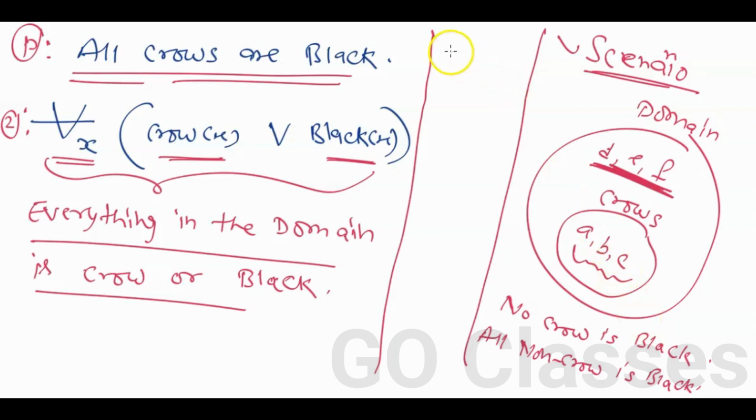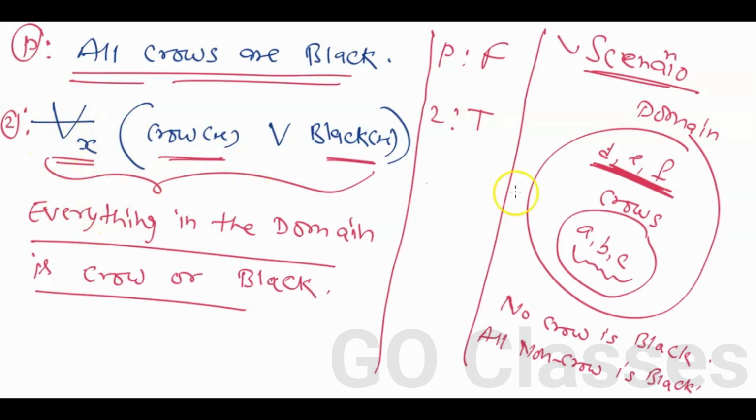Now in this scenario, what will be the truth value of P? So this English statement, you can see in this scenario no crow is black, so the truth value of P will be false. But in this scenario, what will be the truth value of expression 2, this first order logic expression? You can notice that the truth value of this expression will be true, because everything,